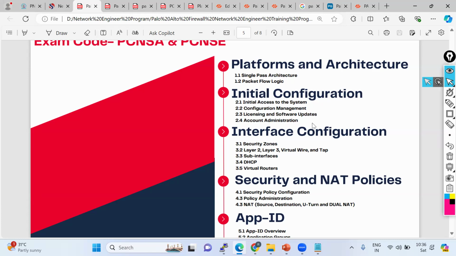Once we have this knowledge of the platform and the architecture, then we start doing the interface level configuration, and these are the actual starting configuration of the firewall. Meaning how the security zone is going to be configured. What does security zone mean? Why do we basically need a security zone, and what is the importance of the security zone? Because the Palo Alto firewall is known as a zone based firewall. Any interface you are going to configure within the Palo Alto firewall, your